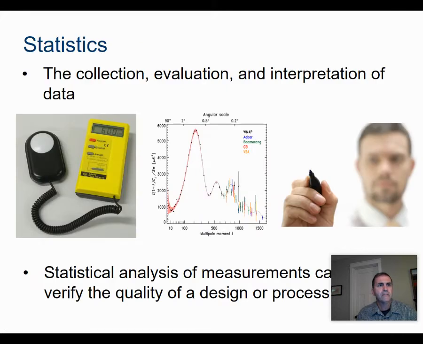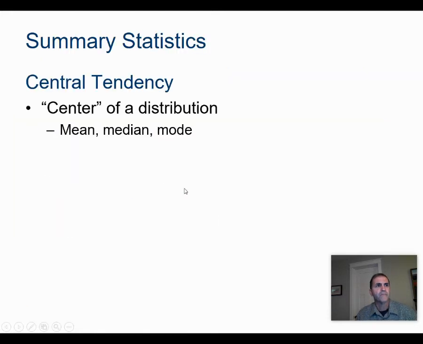So statistics is a way of dealing with data. It's really important for us to be able to do this. If you have a job that you're making any kind of money in, you're probably going to have to look at some data and what's happening with those numbers. So this can tell us and help us with the quality of the design process. So statistics deals with central tendency. That means that things,